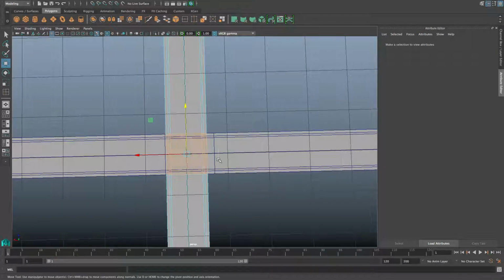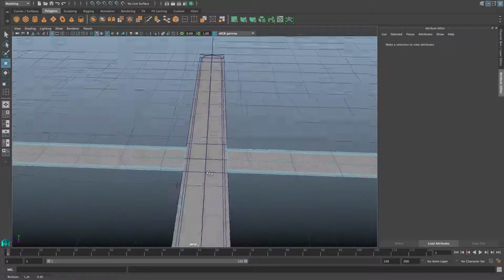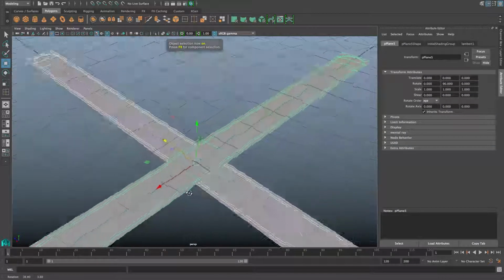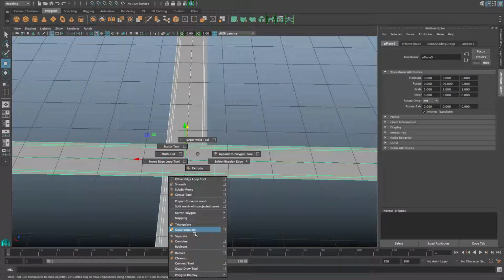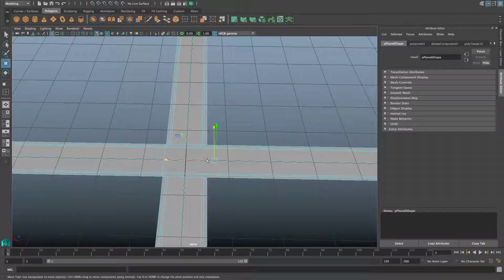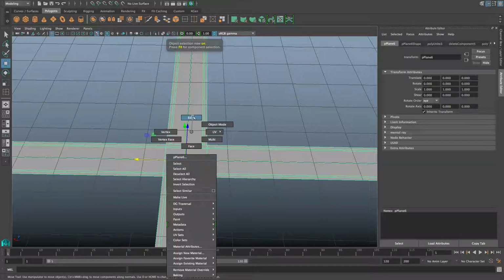Press F8, bring it back to object mode, right click, choose face, and we're gonna get rid of all the center faces, so we will be able to connect these two guys with this one. Press F8, bring it back to object mode, select this one, and you want to go over, shift right click, combine, right click, choose edge, grab this edge, hold down the V key and snap it to the first here, double click on this one and do the same,